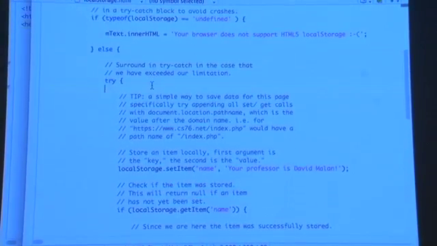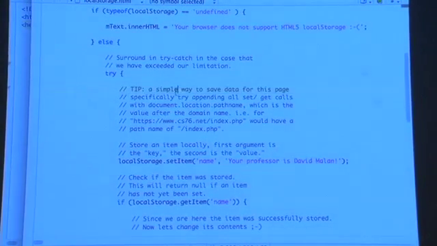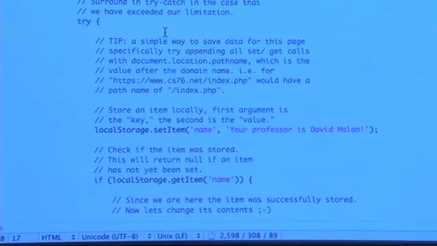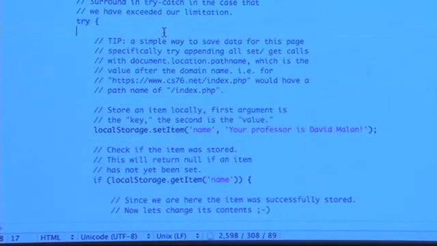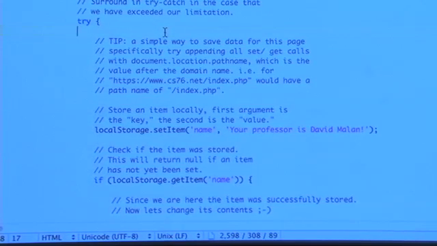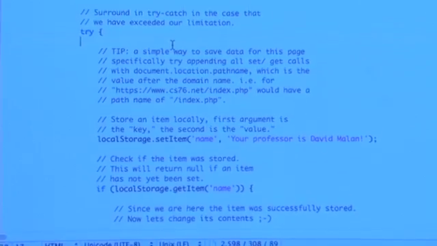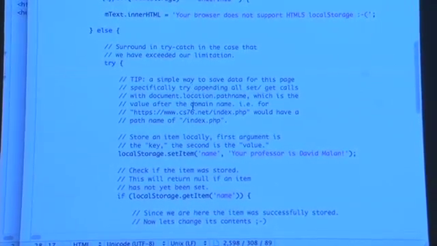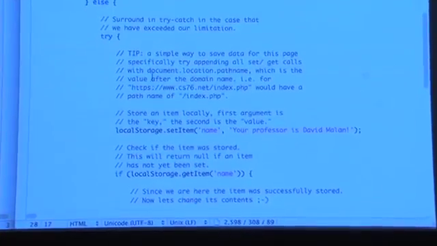So moving from there, I heard someone ask a question earlier if we could have some sort of local storage that was page specific. If you have one page and you want to store something with the same name or key, and then you have another page that you want to use the same key with, a very simple way to do it would just be to use this object here,